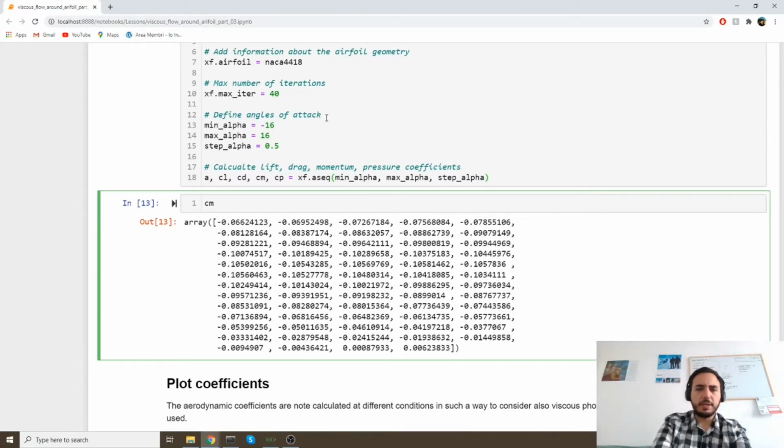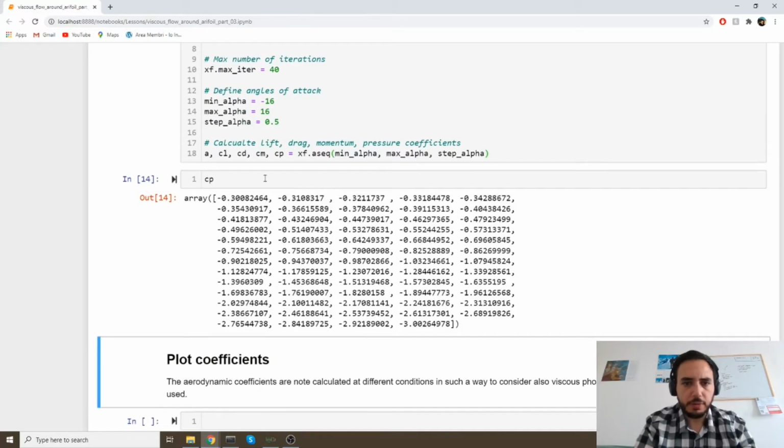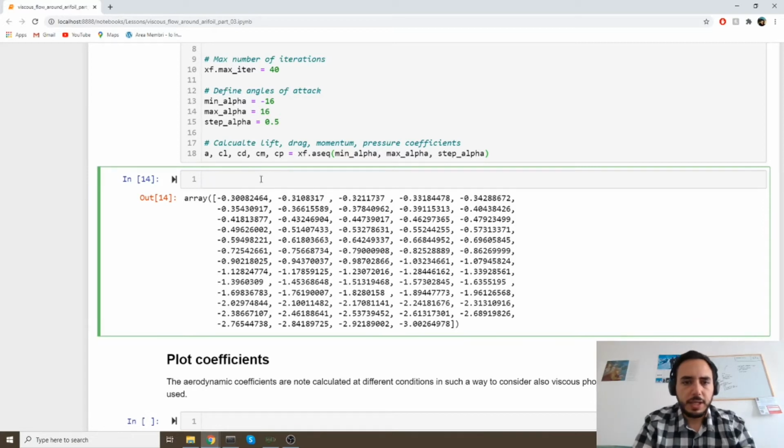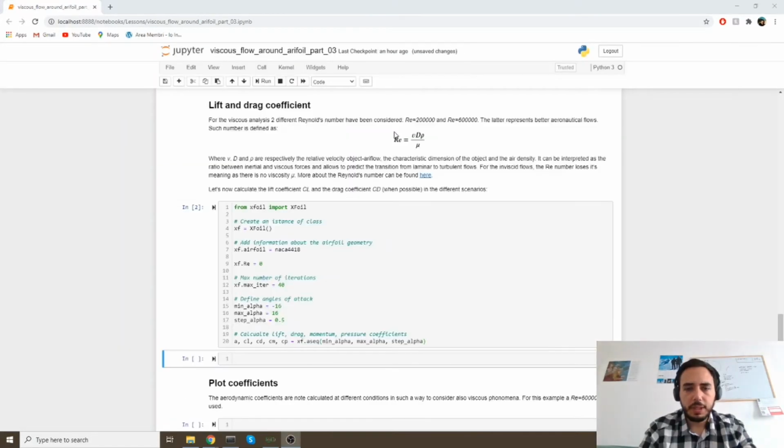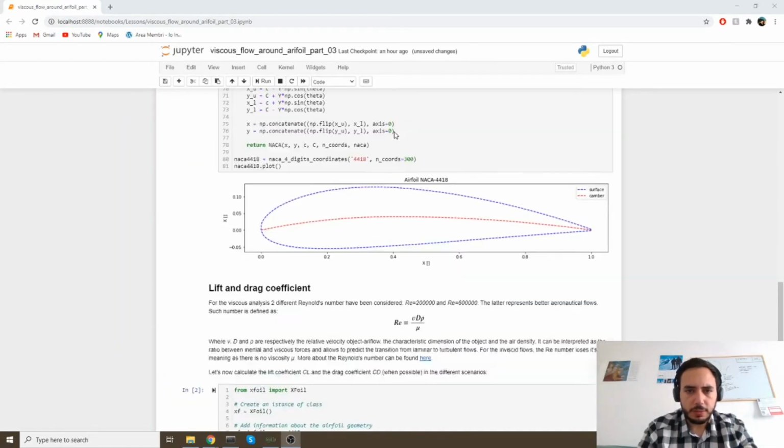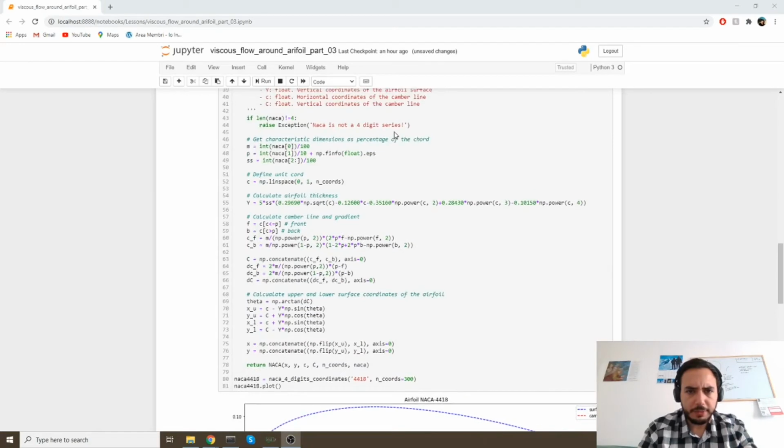Yeah, I think it's called pitch and moment coefficient, but you know what I'm talking about. And then we have the pressure coefficient around the airfoil. Good, nice. We could now create some plots to see what all of this looks like, right? But before that, we need to modify